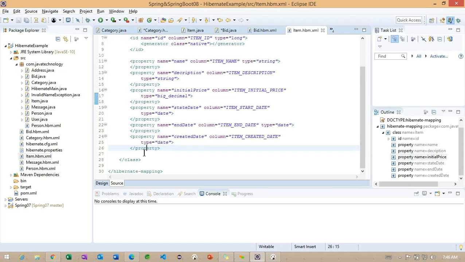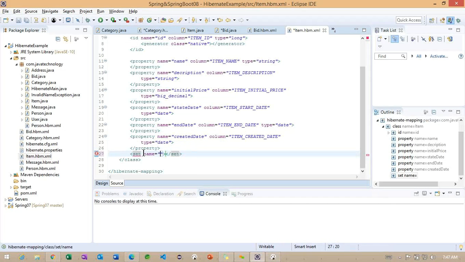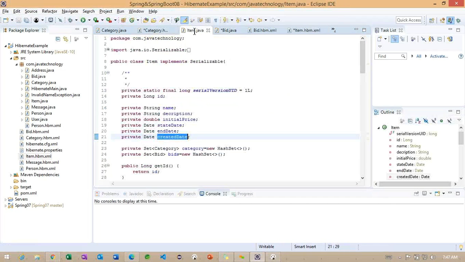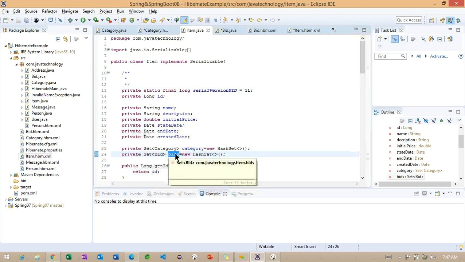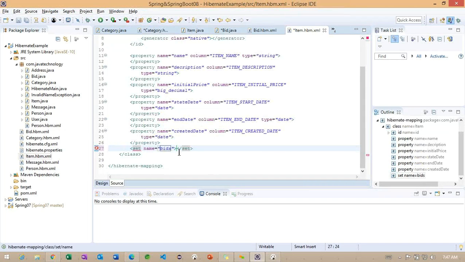Observe here why I'm using the set tag. Internally, we specified set only. Go to the Item class. We are using set. What is the name of this particular set here? Something called bids.